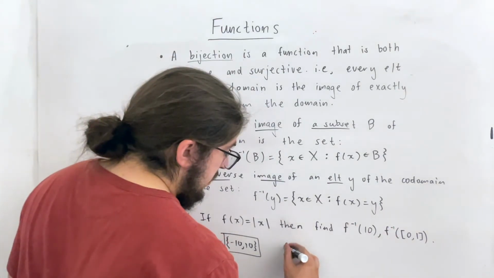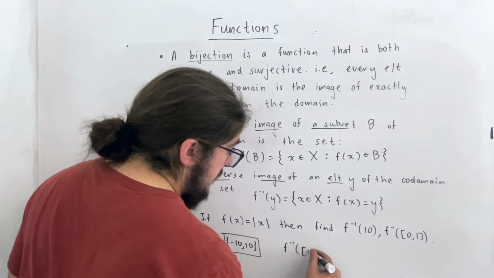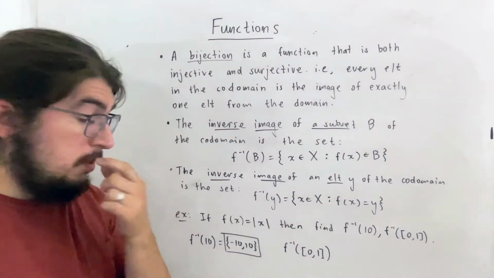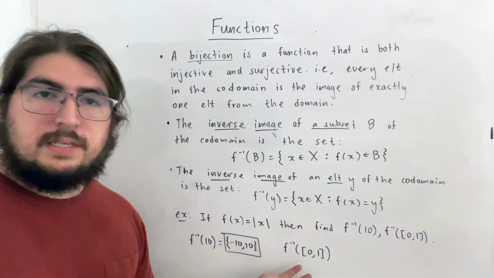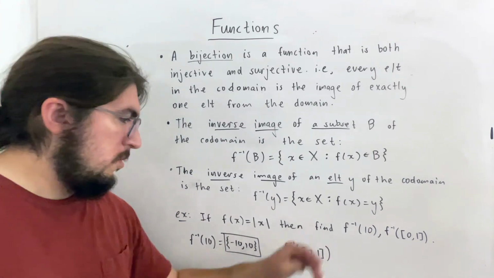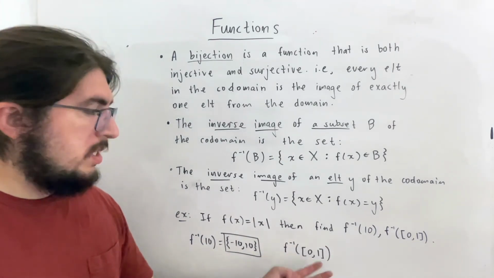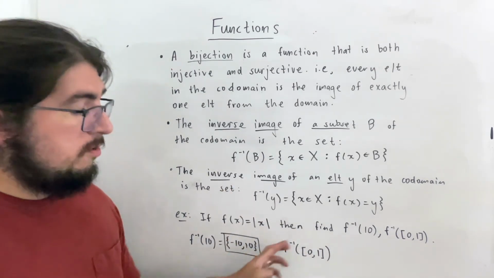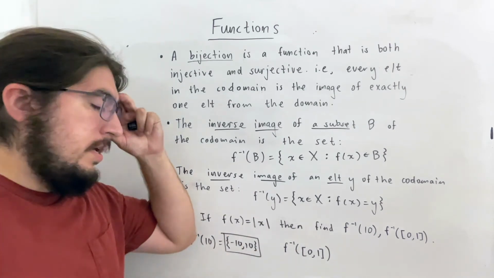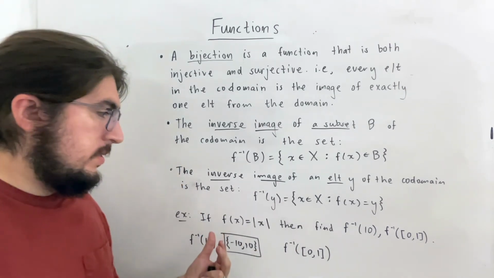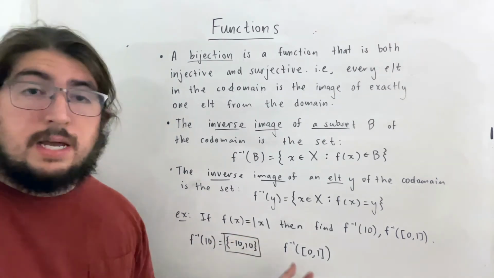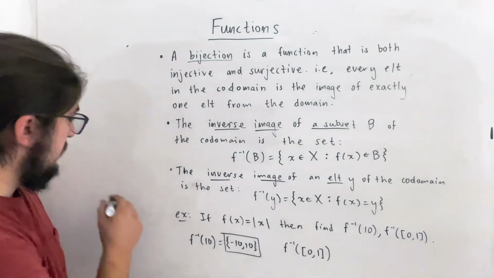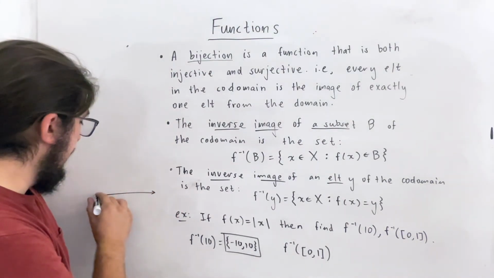This one's going to be a little harder to see, but the inverse image of the set of all real numbers between 0 and 1, including 0 and 1. I said 1 and 0, I meant 0 to 1. But this is the closed interval, right? So this is, again, the set of all real numbers that go from 0 to 1, including 0 and 1. So we want to find real numbers that when you take the absolute value, you get numbers in between 0 and 1. A little harder to think about, but if you consider numbers on the real number line,